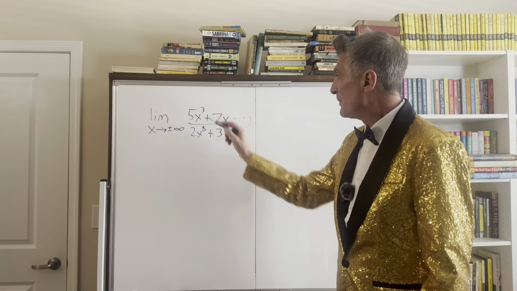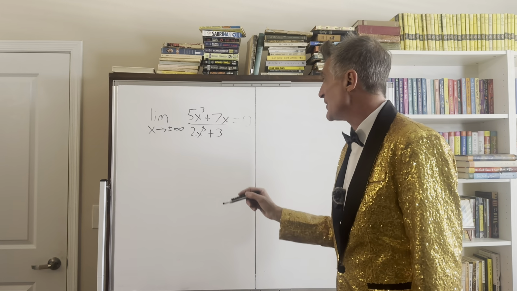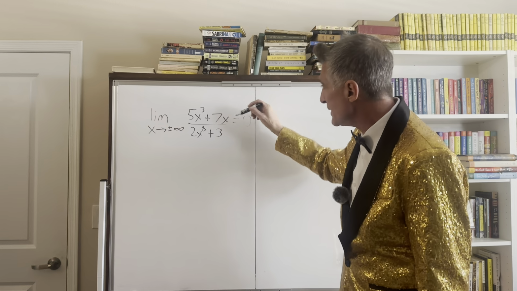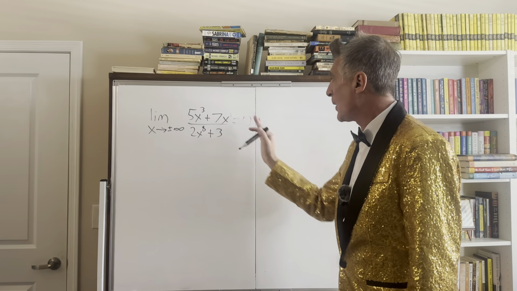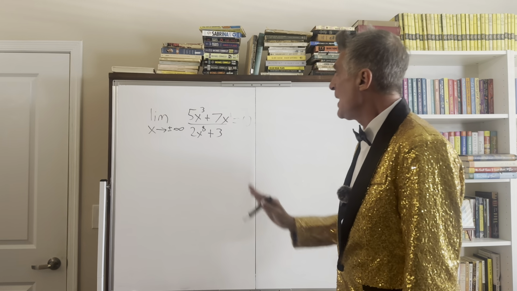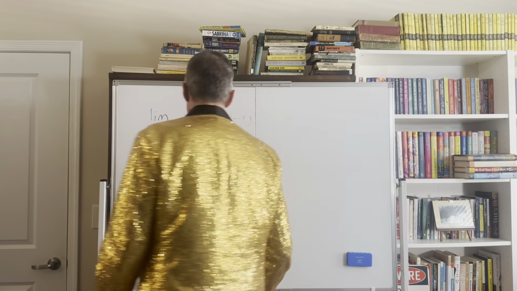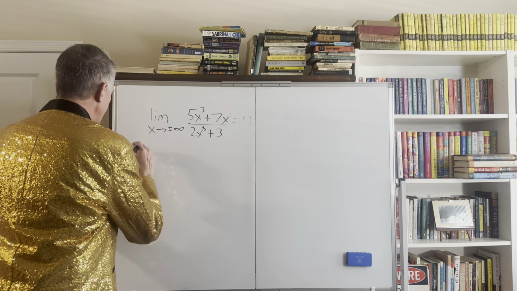Case in point, this grows exponentially faster. There's the pun of the day. Exponentially faster than what this does over here, because this only has an exponent of 1, doesn't it? Yeah, that's it. So that's why we can do away with these lower terms that have these lower exponents. Okay. That said, let's go ahead and deal with what I've just laid out, and we only have to deal with the 5x^3 over the 2x^8. So let's take this as the limit